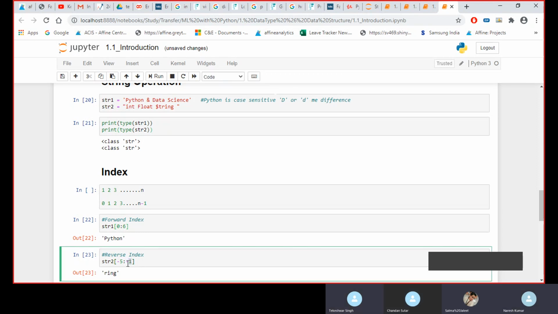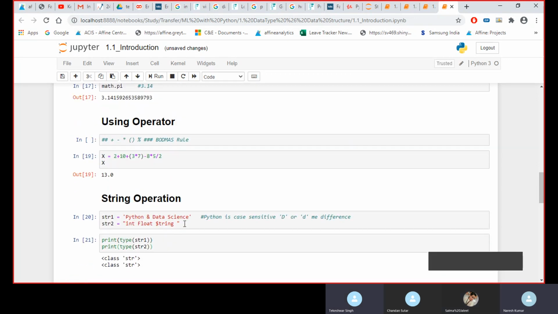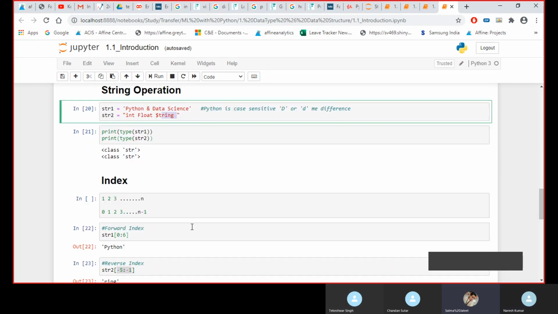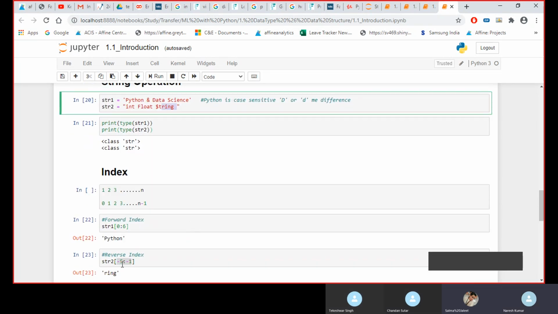So in this, this is at -1 level, right? From -1 it is going from my right to left, right? If you go from here, I have one space as -1, here it is -2, here is -3, and here is -4, and here is my 5. Okay, so we got it, from -1 to -5, right?